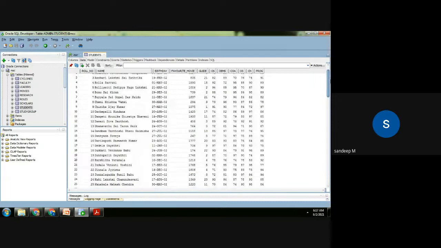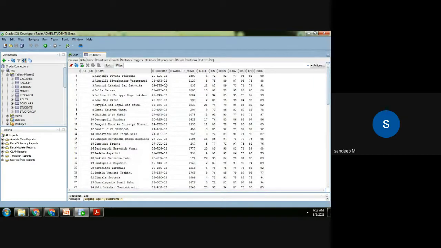So 73 values. If you see here, there's a name, there's a birthday, and here's a guide. So there's a random allotment of guides to students, and this is the faculty ID. I'm not giving the name of the faculty. So this is known as the foreign key. Why is it called a foreign key? This faculty ID is present in some other table, in the faculty table. So say for example, roll number one, who is the guide? A faculty with ID 4. We don't know any details about this faculty. All the details are present in some other table, in the faculty table. So if you want to know the details, you have to see the faculty table having ID 4.